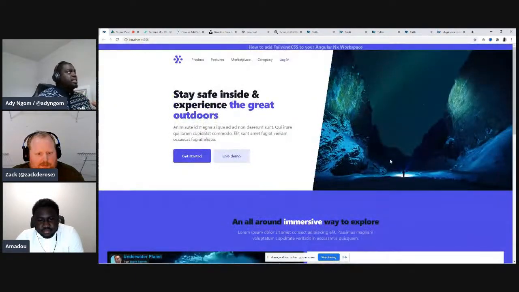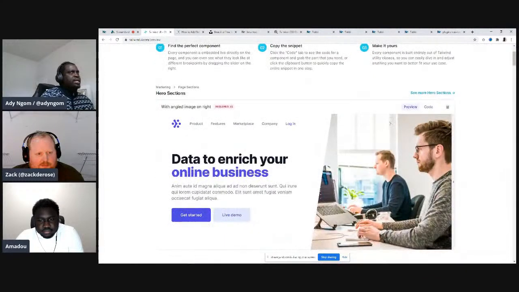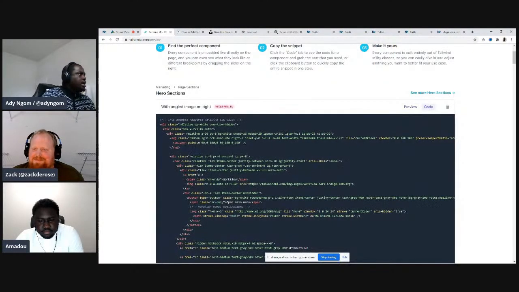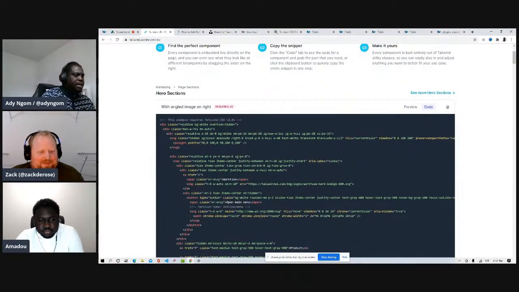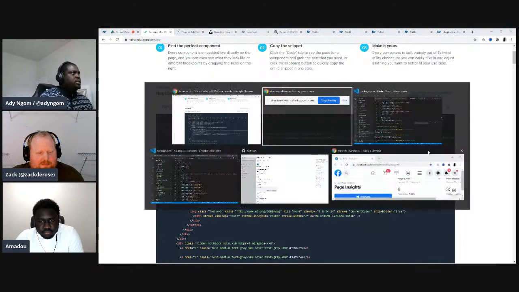So the very first thing that I did, I went to the official Tailwind UI and looked at what they have here, and all I had to do was copy this one. So the code is right here. It's very extensive, a very big component. But the very first step that I did is I just copied this, and I went